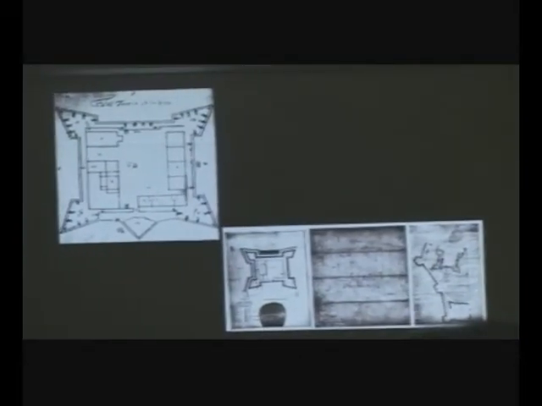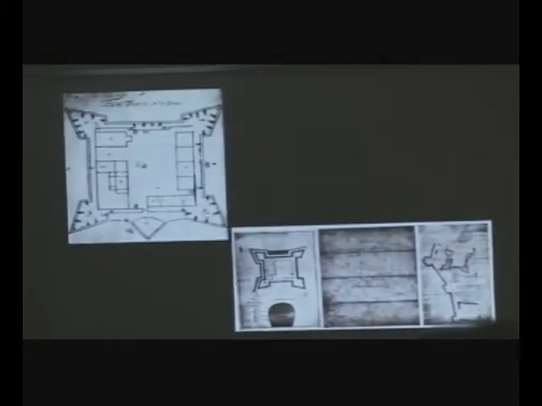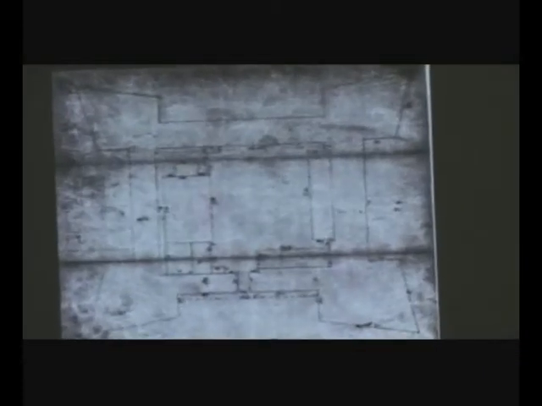The drawing that you see here in the center is not just the fort, the footprint of the fort, but it gives us the data, it gives us the dimensions. 132 feet 5 inches. This is the footprint of the Dutch fort. And if you orient that the same